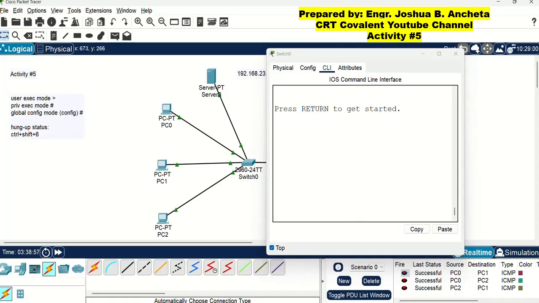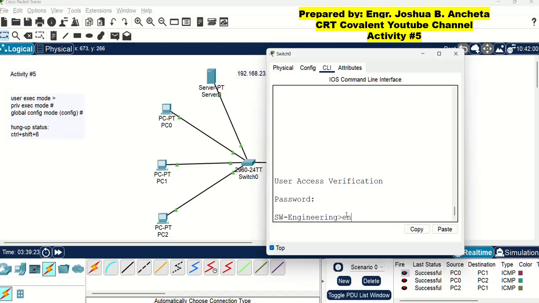Next, let us put a password to enter the privilege executive mode. This first password is to enter the user mode, and my password is Ancheta. Then, to put a password to enter the privilege executive mode, we will go to global configuration mode.